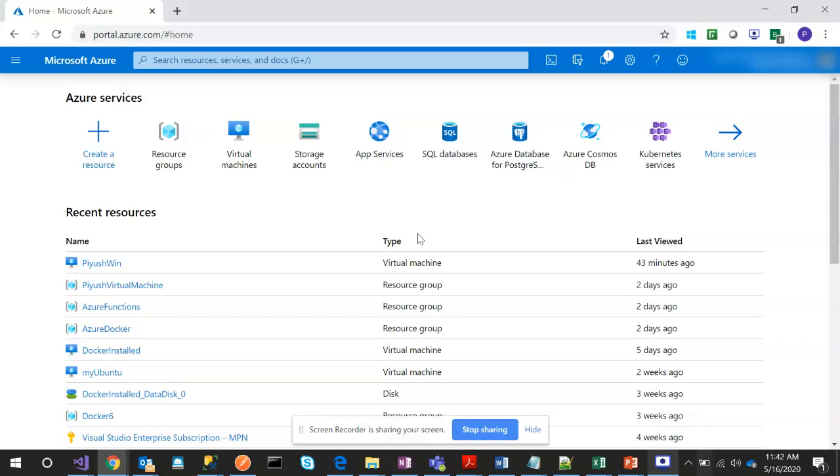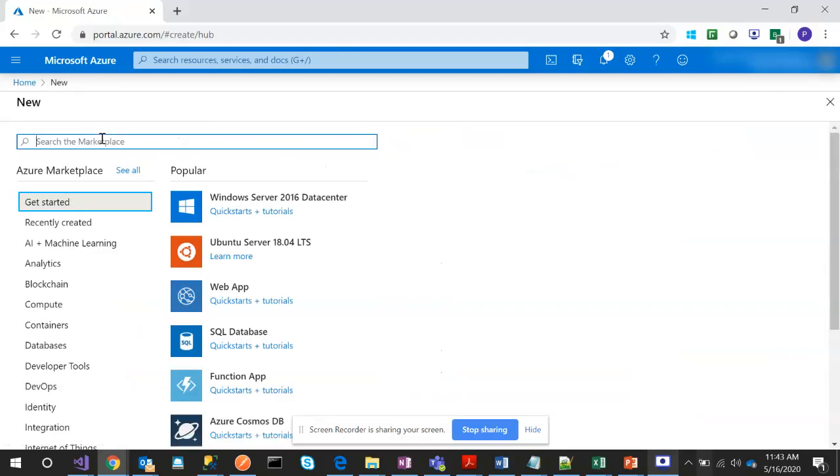It's exactly the same as what you will get through Azure portal. It is very useful whenever you are doing some development: you can try it out on your local machine, test it, work on it, and you don't need to pay anything for that. You just need to go to production and create an actual Cosmos DB in Azure portal, and only then will you have to pay. So I'll just show you how to create an Azure Cosmos DB.